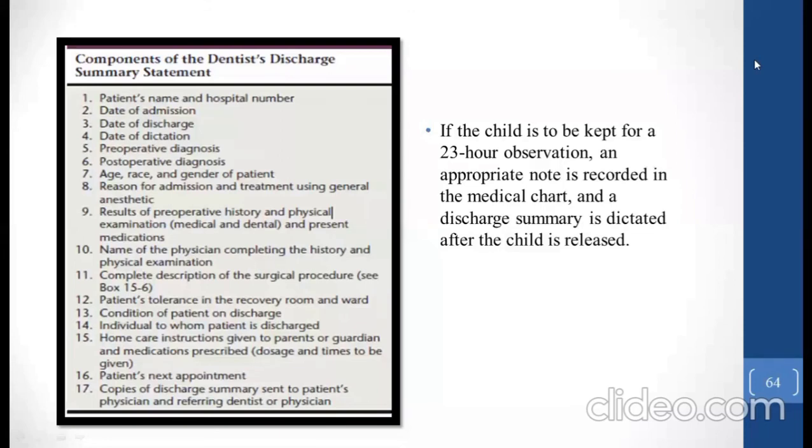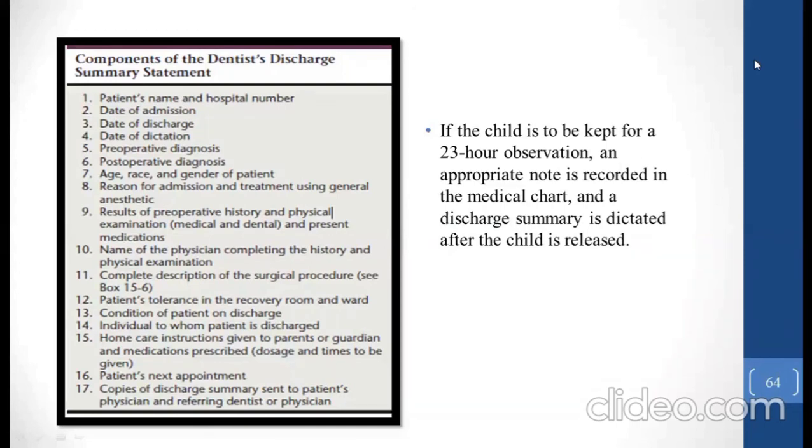Now, starting with the components of the dentist's discharge and summary statement, that should include patient name and hospital number, date of admission, discharge, and date of dictation, preoperative and postoperative diagnosis, age, race, and gender of the patient, reason for the admission and the treatment using general anesthesia, result of preoperative history and physical examination that includes medical and dental history, and present medication, name of the physician completing the history and physical examination, and complete description of the surgical procedure,